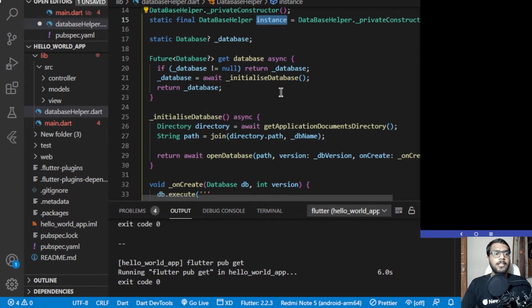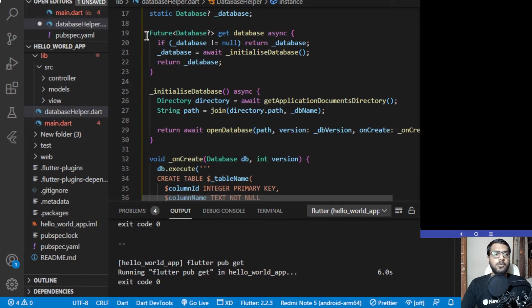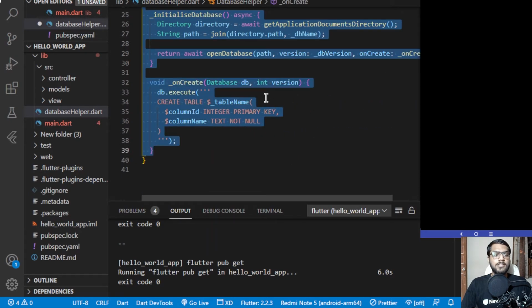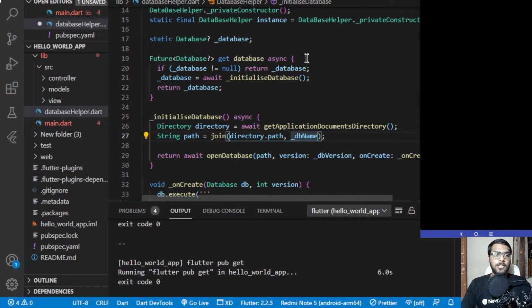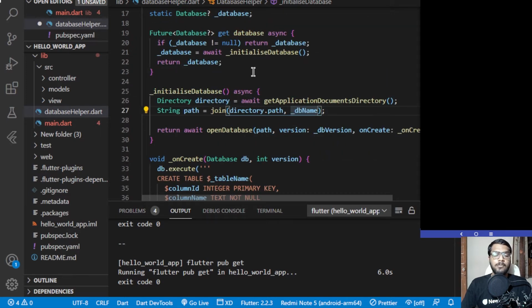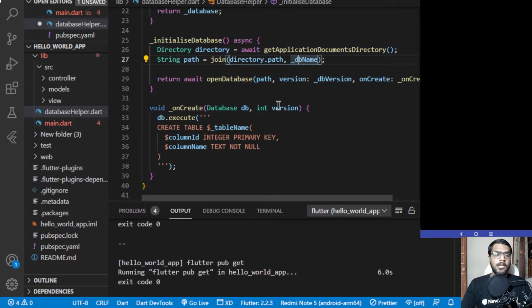be used for triggering all the functions which are available inside this file and to interact with the database as well. And in the previous video I have already explained how you can get the database and what is the necessity of all of these things which I have written over here. So make sure to check that out to get a gist of what all these things are. To sum up, these are for getting the database if it is already existing, else creating a new database with the help of running the SQL commands which are present over here. Now let's start working on this video.